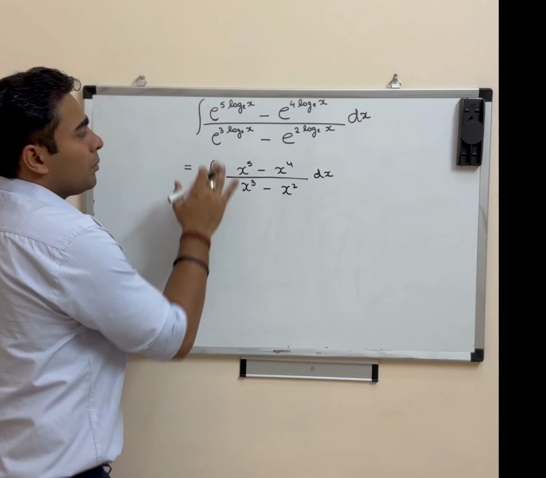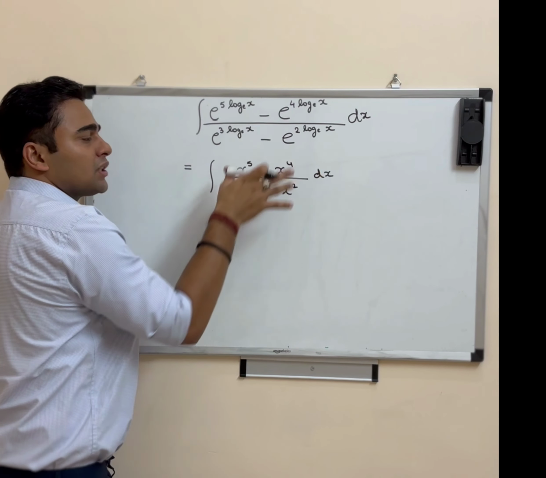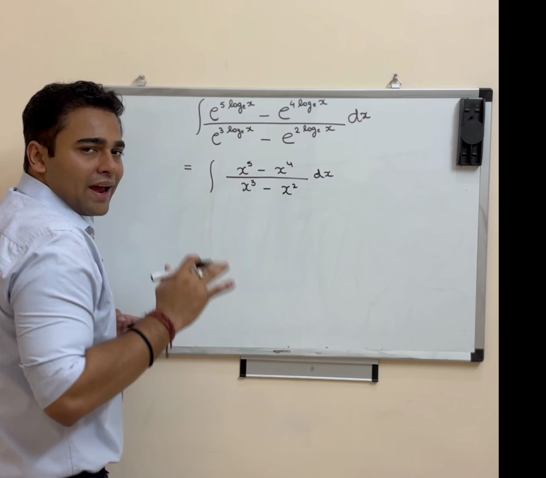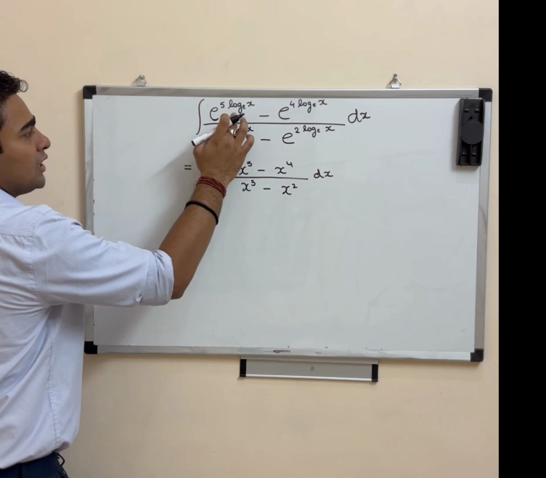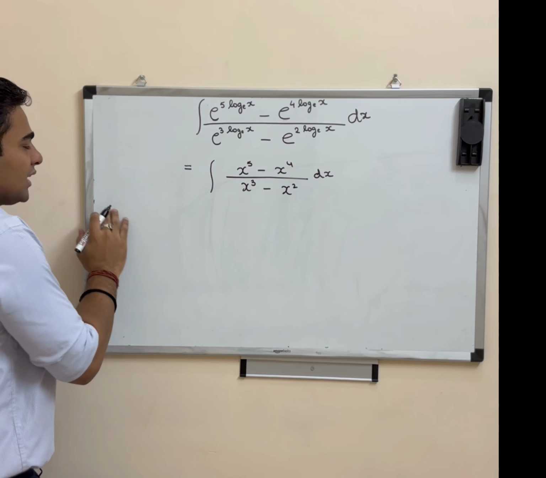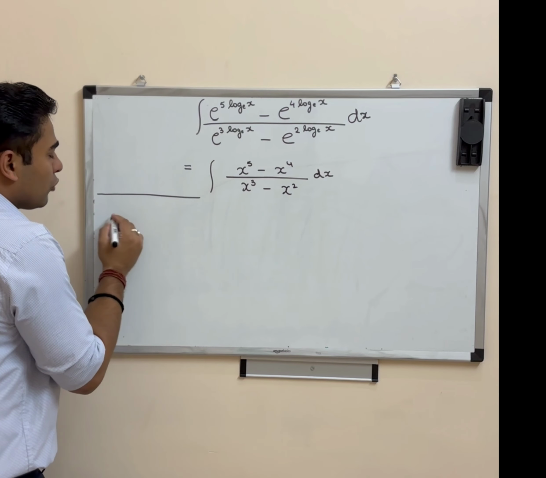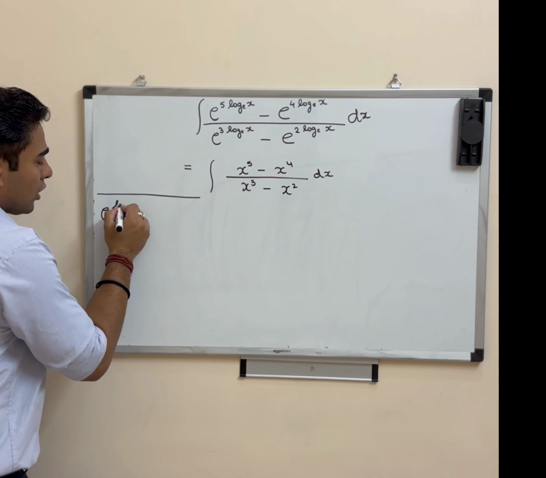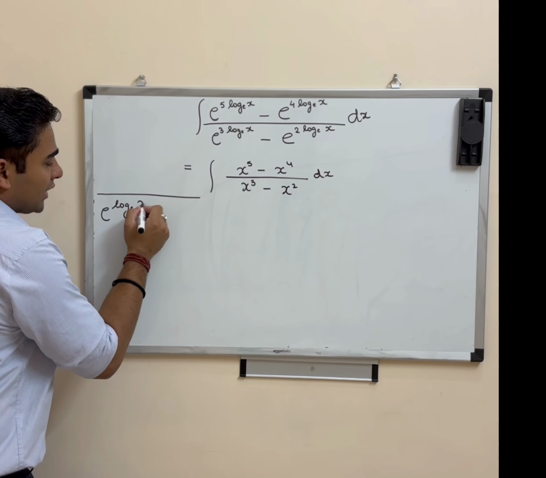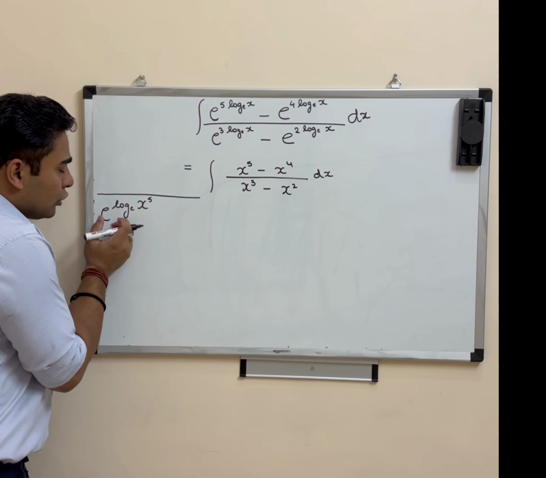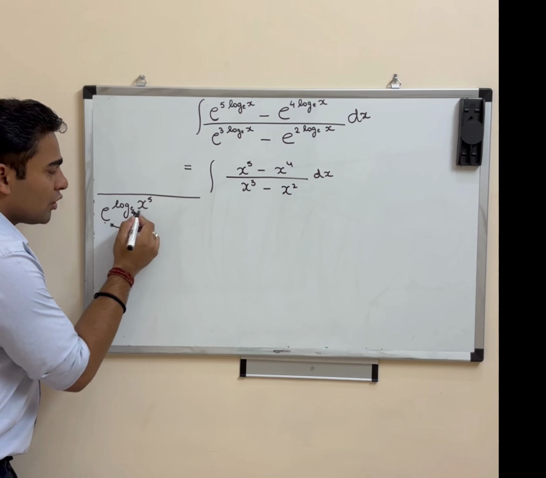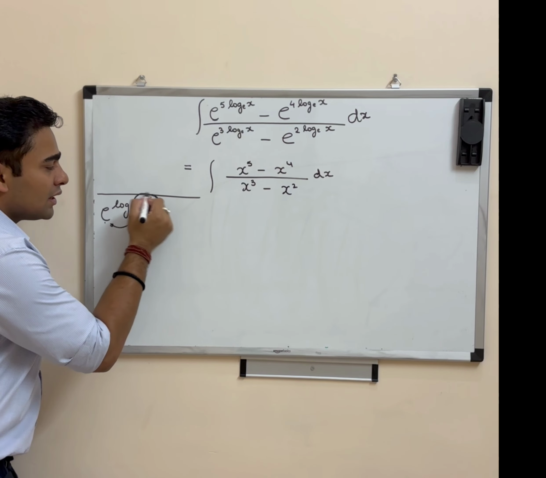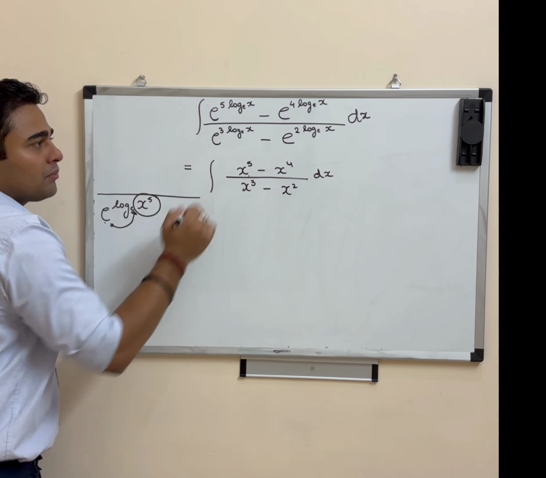Now you people have been wondering how come this much expression has been reduced to this. As I have earlier told you the property of logarithm, what would it be? Like e raised to the power 5 log base e x, if we take the example here. So e raised to the power log base e x raised to the power 5. In this you will see that this and this are the same, so you will be remaining with this only: x raised to the power 5.